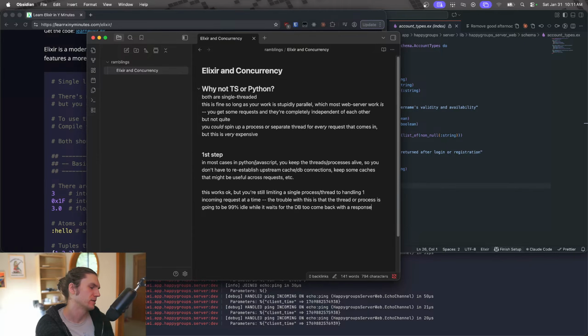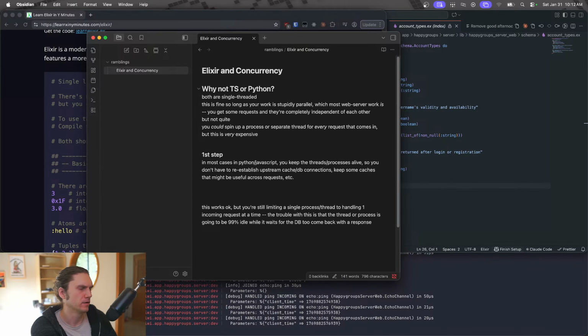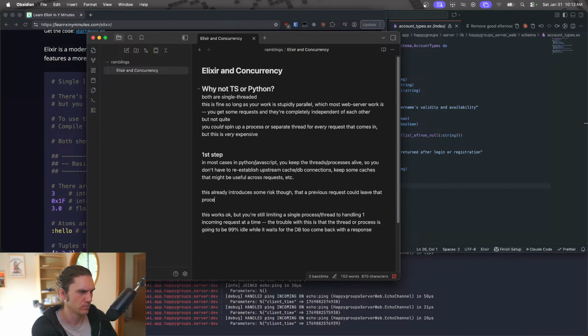So the point is that your thread or your process is still a huge amount of bloat because most of the time it's doing nothing. It can't accept any other requests at the same time. Like this, assuming that you're doing it in these stages I'm saying, where you keep the processes or threads alive, you don't spin up a new one every time. This already introduces some risk though,